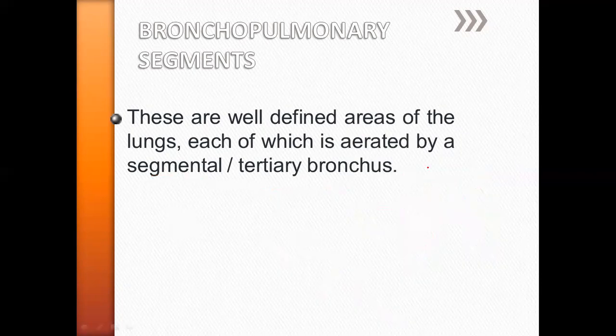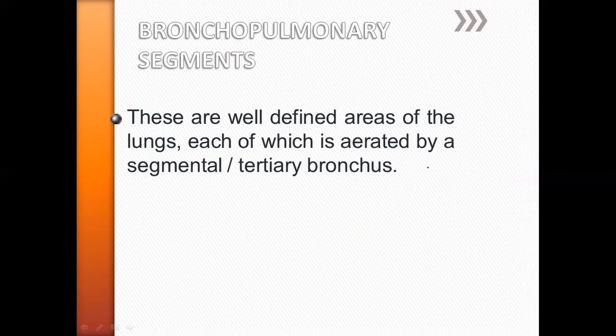So again, I'll tell you, from the trachea, it is divided into 2, that is the primary bronchus. It is entering into the lungs. Immediately, it will be divided into secondary bronchi, one for each lobe. So right side 3, left side 2. Now again, what is happening to the secondary bronchus? It is divided into tertiary, or we can call it segmental. For each segment, one bronchus will be going. So total 10 segments.